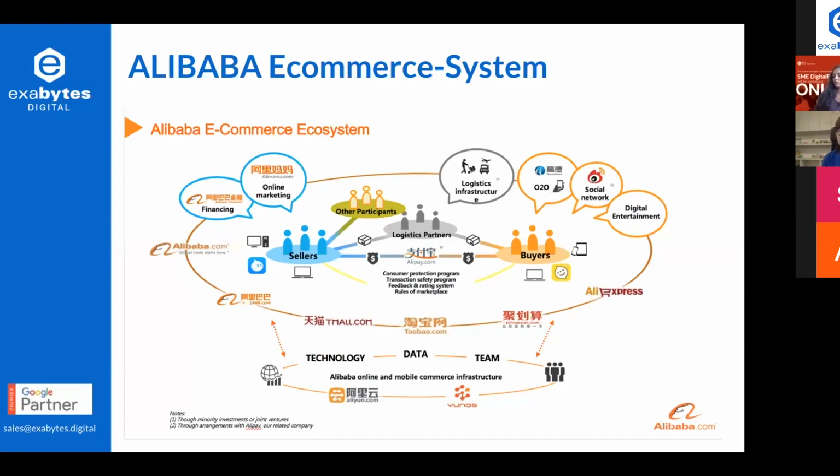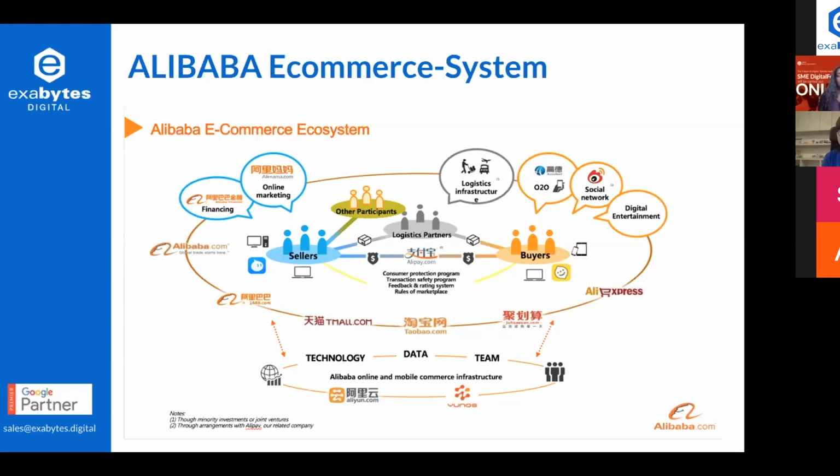So for the Alibaba e-commerce ecosystem, you can see how it connects the seller and buyer. But during SARS, they also gave birth to another business we call Taobao. Taobao is more about B2C, connecting the seller to the end consumer straight away. This is very interesting. During the difficulties, Jack Ma and the whole company brought their laptops home, and they started working on it and then launched this project.